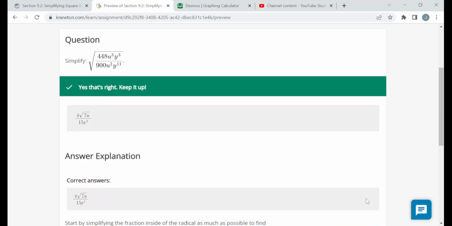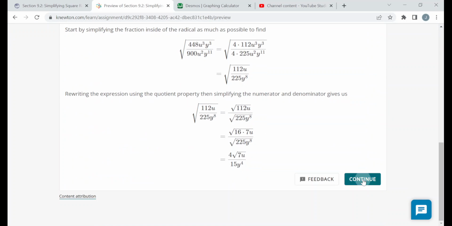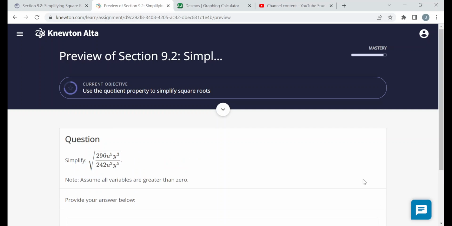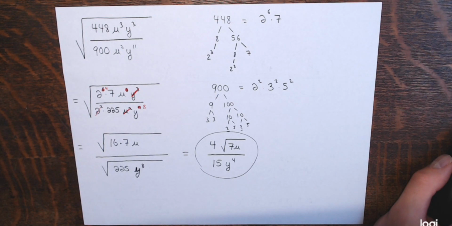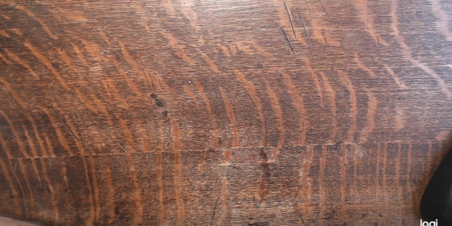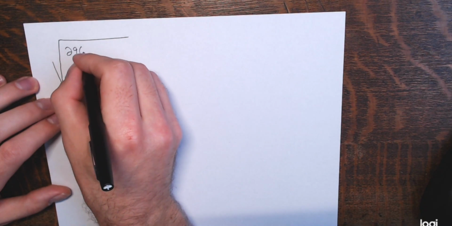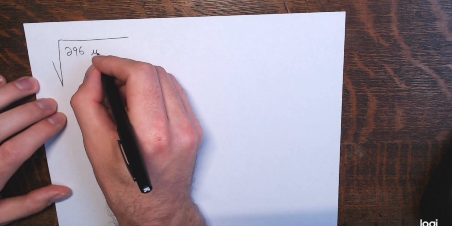Great. And I should have just one more like this. Okay. So let me go back to my paper. I'll write this out and do all the same stuff I've been doing for all the problems in this objective. So I'm given the square root of some fraction, right, some quotient, 296, u to the 5th, y cubed,